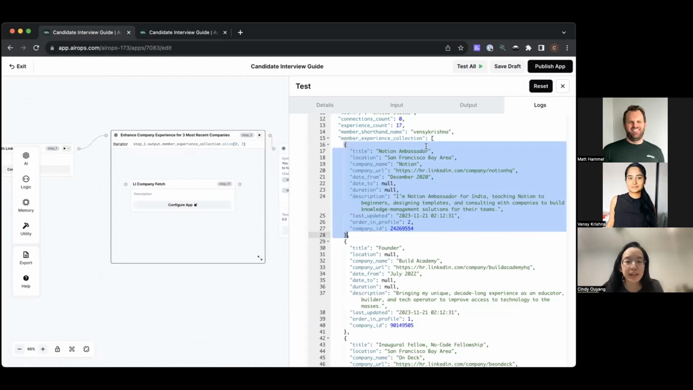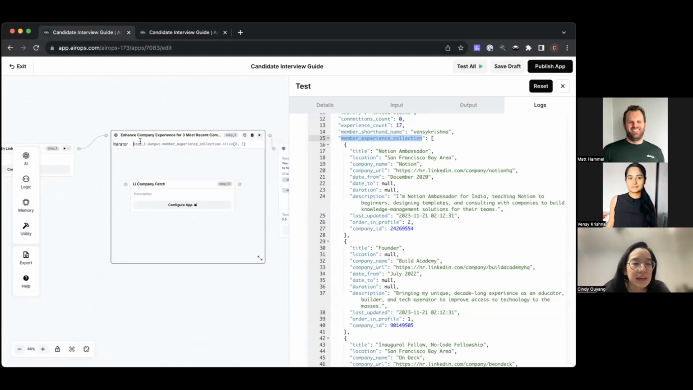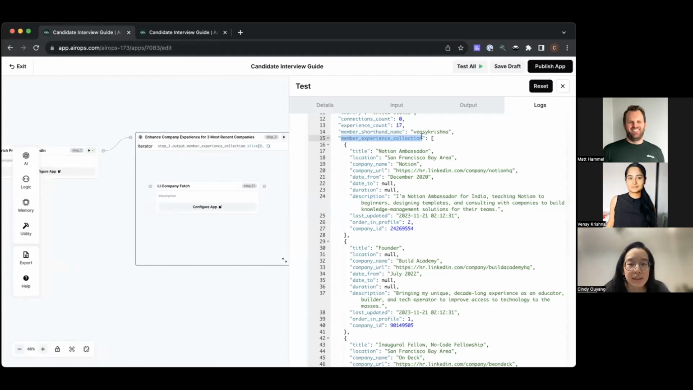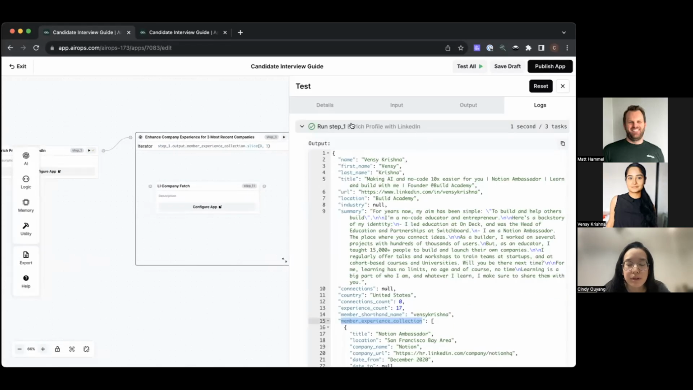So what we're doing here is you could actually pass in member experience collection directly here, step1.member experience collection. And this would give you the entire list of experience. What we're doing is just saying, okay, I just want the top 3 because recency really does matter in an interview. So the way that you pass this is, 1, you're going to take this step name,